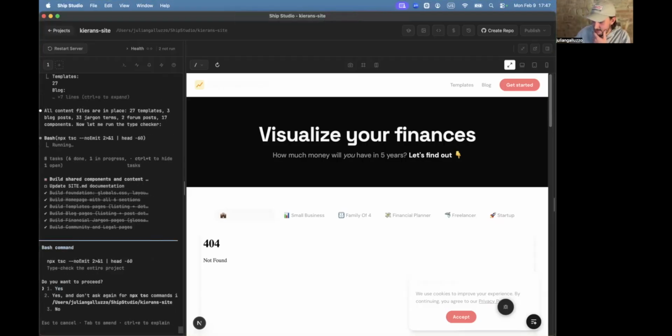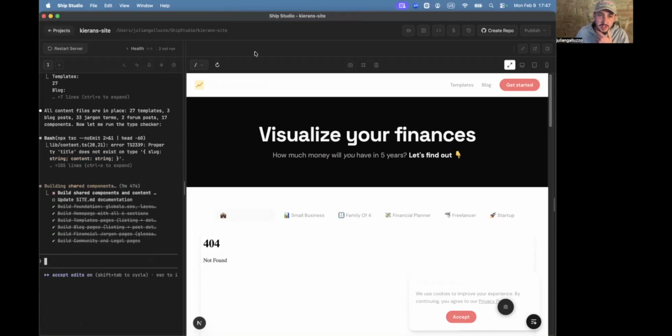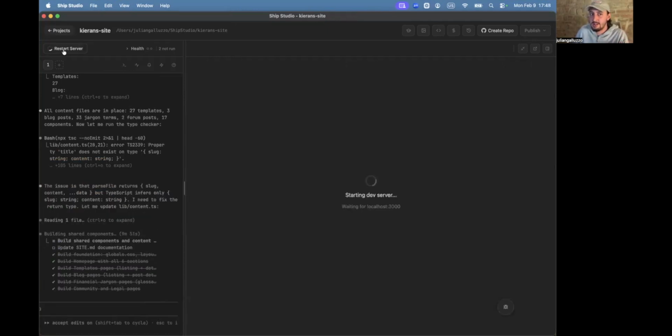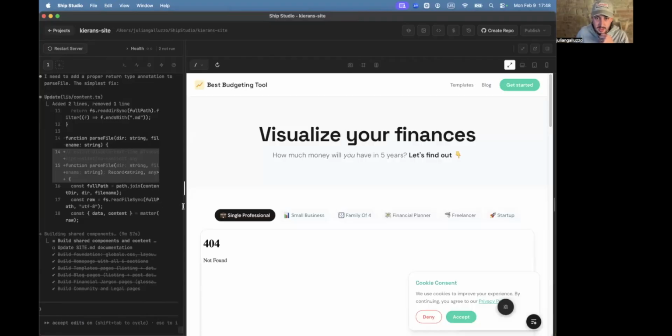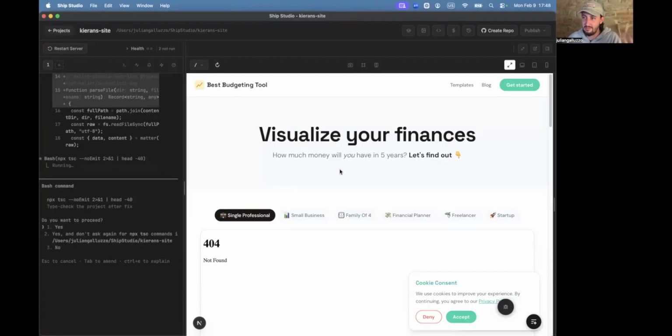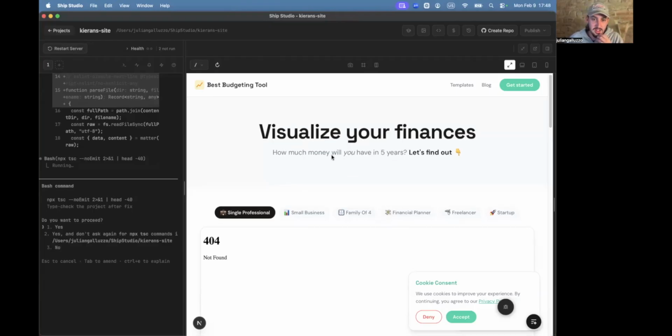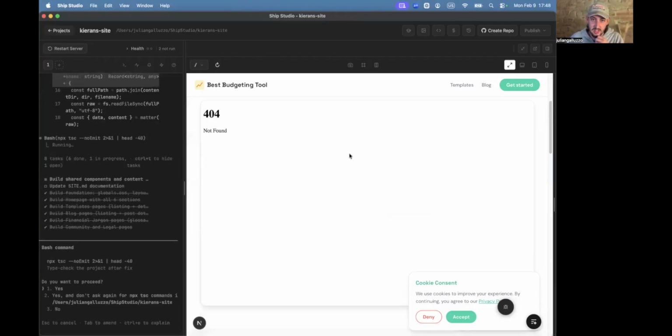So let's see. It seems to have made a good bit of progress. We have some visual stuff. Sometimes, if that happens, all you need to do is click on restart server. Sometimes it's a bigger issue that Claude might need to fix. But in this case, we're going to see. Okay, so a lot of the visual things immediately have been fixed just by clicking restart. Taking a look over here, we can see this says not found.